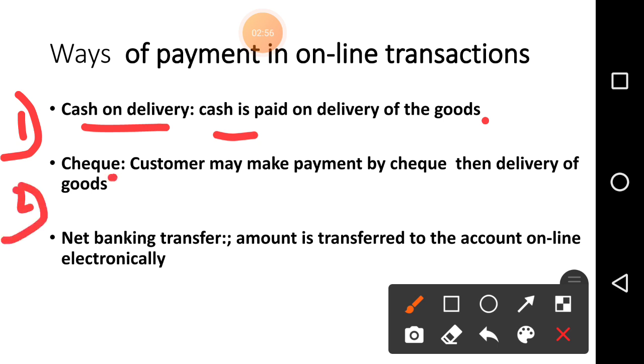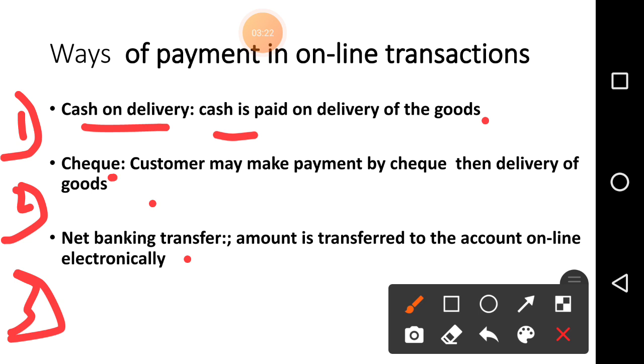Next one is check. What is a check? The customer can make payment by check, then delivery of goods. We know the checkbook: you write your name, the account number, and the signature, which has to be correct, and give it to the seller. Then the person will go to the bank and encash it. Third is net banking transfer.